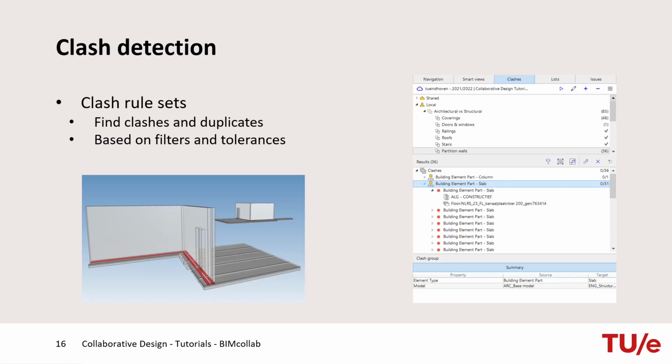In addition to visual inspection using smart views, clash detection is an important part of model validation. Clash detection can be used to locate colliding or duplicated components based on filters and set tolerances in the clash rule set. Zoom provides options to group your issue's results based on several properties in the middle part of the Clashes tab. When reviewing results, use the batch generate issue function to report multiple clashes or groups of clashes as one issue. This prevents you from having to create many different issues for similar clashes. Instead, they are merged into one issue.